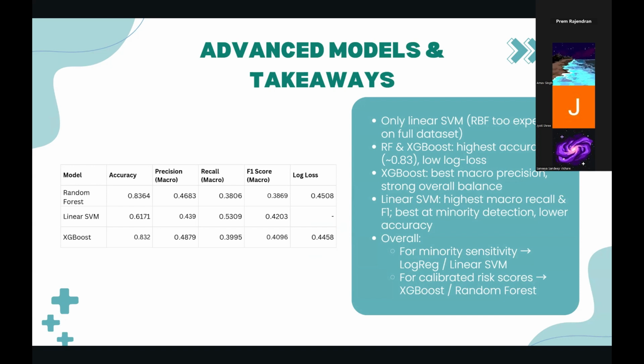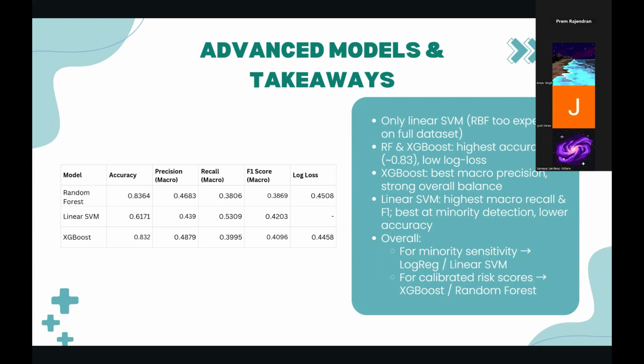XGBoost in particular gave the best macro precision among the advanced models and a relatively stronger macro F1, so it struck a good balance between majority as well as minority performance. Linear SVM behaved slightly differently. It had a lower overall accuracy, but it achieved the highest recall and macro F1. So in other words, it sacrificed some correctness on the majority class in order to better detect diabetic and pre-diabetic